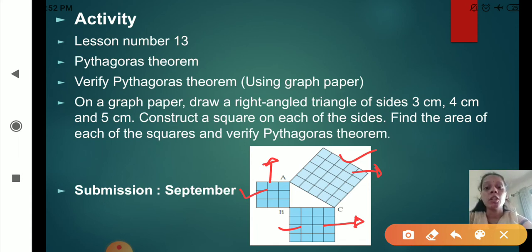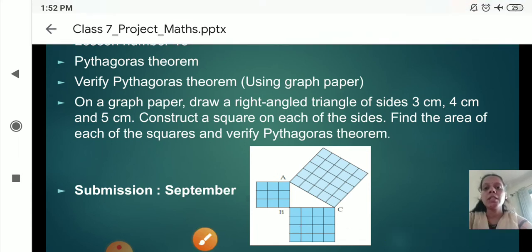So it is in the month of September. Okay, so this is the third activity, that is third formative. First is project, second is chart and third is activity on lesson number 13. Now the next is